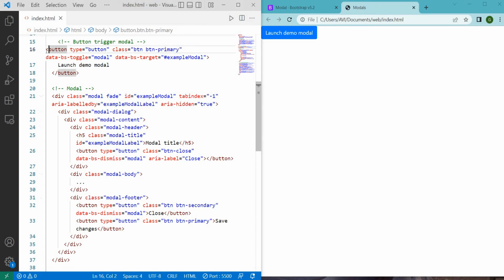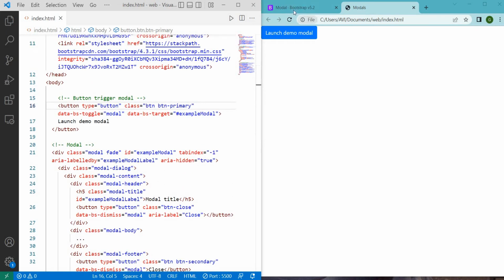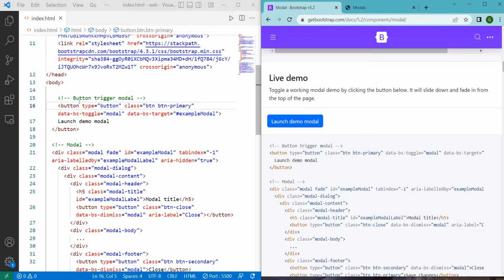So what we will be doing here is we will study what portion is how it is done. First of all, in this code you see